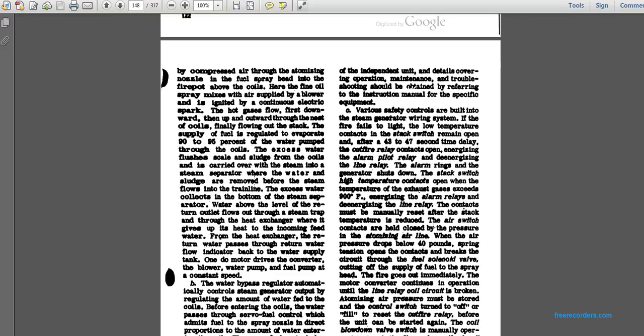The air switch contacts are closed by the pressure of the atomizing airline. If the air pressure drops below 40 pounds, the spring tension opens the contact, breaking the circuit of the air fuel solenoid coil. The valves supplying fuel to the spray head close and the fire goes out immediately. The line relay coil circuit is broken, and atomizing pressure must be restored with the control switch